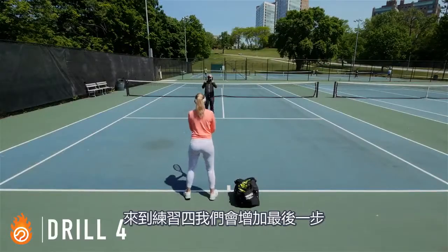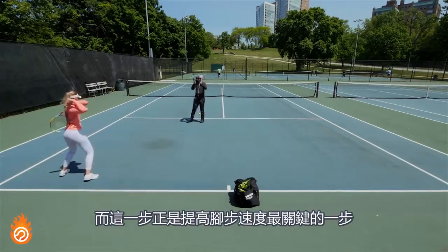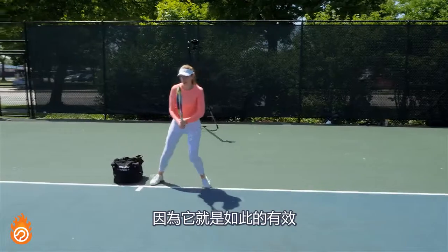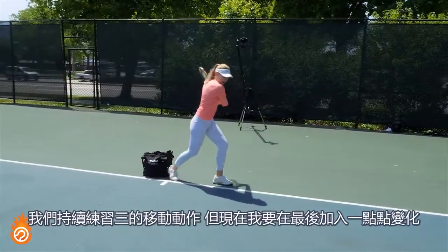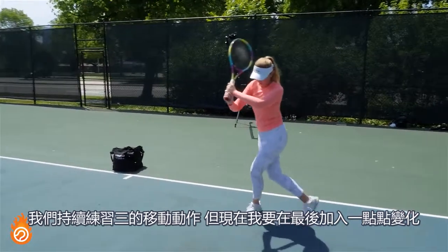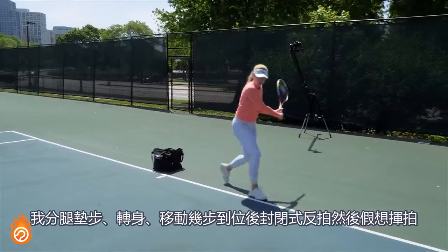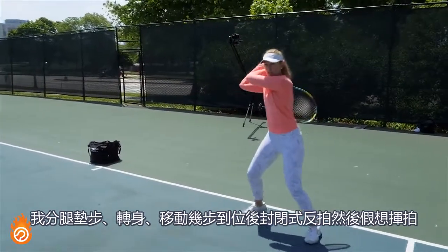Now on to drill 4, where we'll add one last step that can be a real game changer in boosting foot speed because of how highly efficient it is. We'll continue using the same moves as in drill 3, but now I'm really spicing it up at the end. I split, pivot, and unit turn, take a few steps, get into my square stance, and shadow swing just as